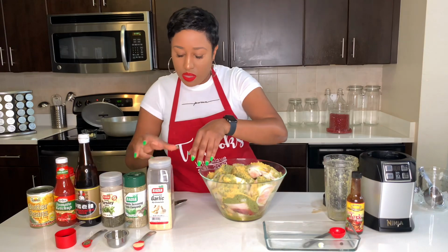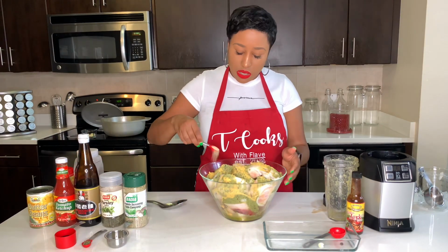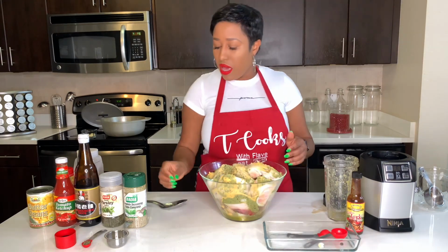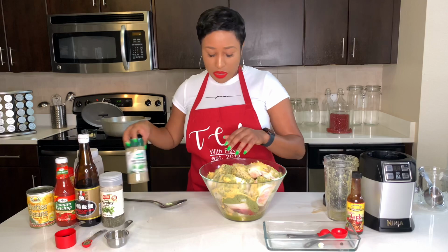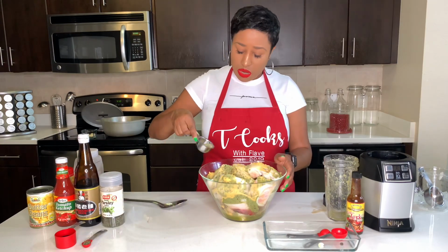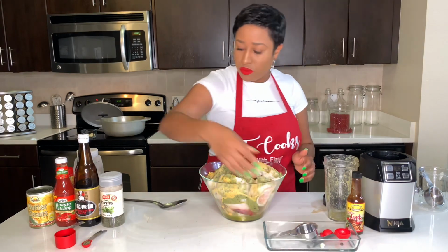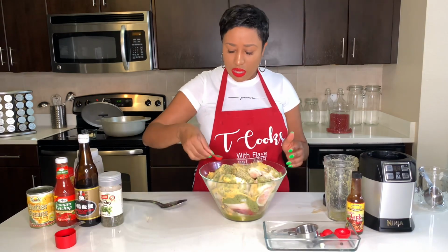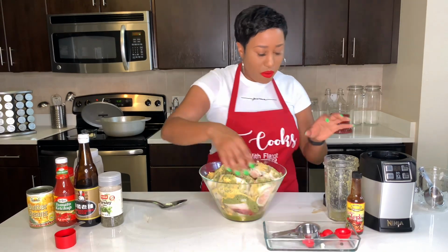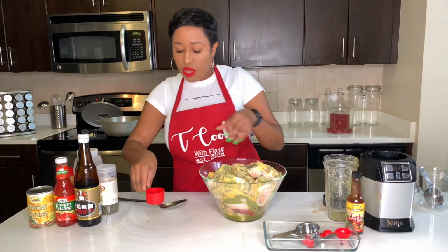Now we're gonna be using the garlic powder. I'm doing a teaspoon because I already have a lot of garlic that I'm gonna be adding. I'm gonna be doing the Badia, a teaspoon of Badia. Parsley, I'm going with a half a teaspoon. My eyes are burning me so much right now from the seasoning blend. It's very strong. And then the mushroom sauce,